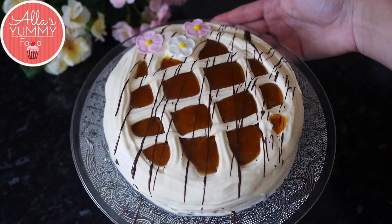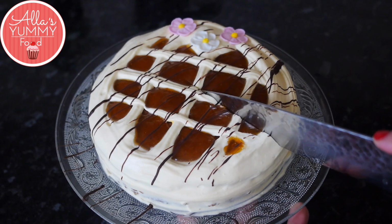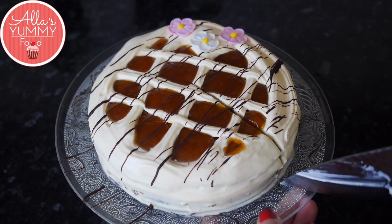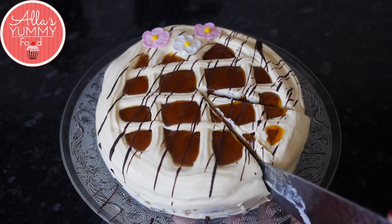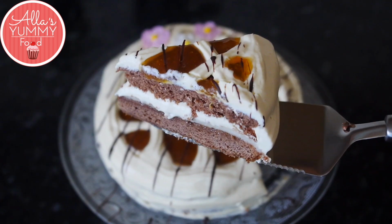It's one of my favorite boozy cakes there is. I hope you enjoyed this recipe. Ideally, you want to place this into the fridge so it's nice and set, at least for 4 hours or so, and then it's ready to eat. It cuts through really, really nice and easy. The layers are super